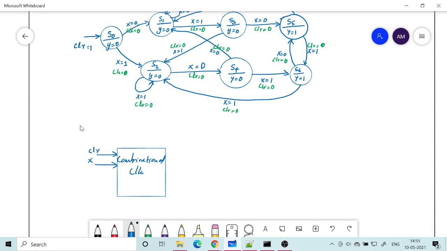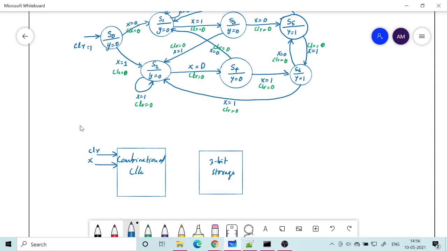okay. And then how many states now did I get? 1 2 3 4 5 6 7. There are 7 states. So I need some flip-flops. How many flip-flops do I require? A storage element which can store at least 3 bits. With 3 bits you can go up to 8 states, but we only require 7 states, but still we need a 3 bit storage, okay. So this is a 3 bit storage, so that means it could be 3 flip-flops, 3 D flip-flops, but right now we are not specifying what flip-flops. It could be JK, D or T.